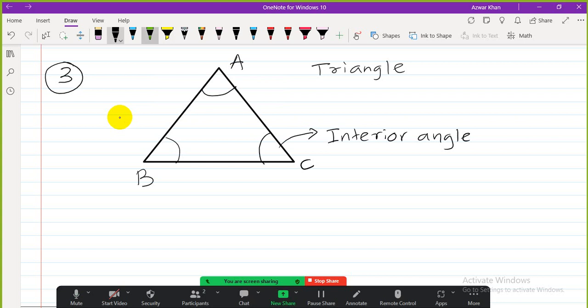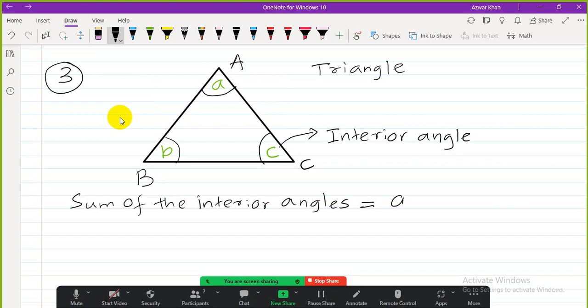I am going to name them A, B and C; usually we name them with simple letters A, B, C. So I can write: the sum of the interior angles, that is A plus B plus C, equals